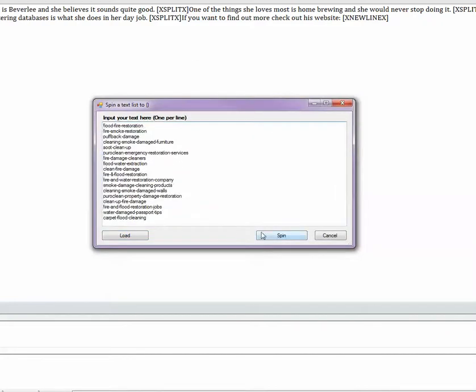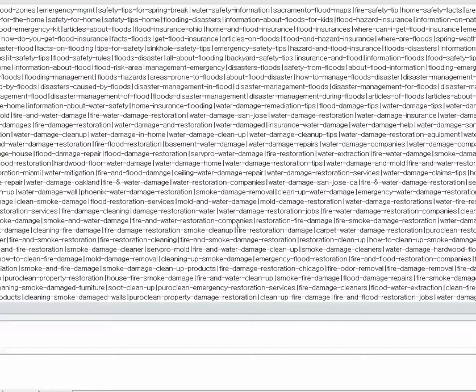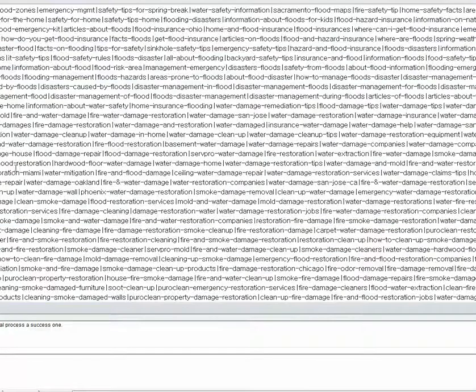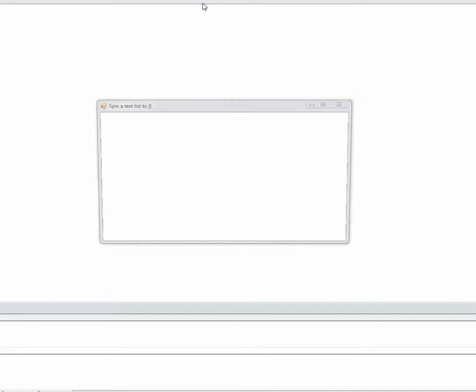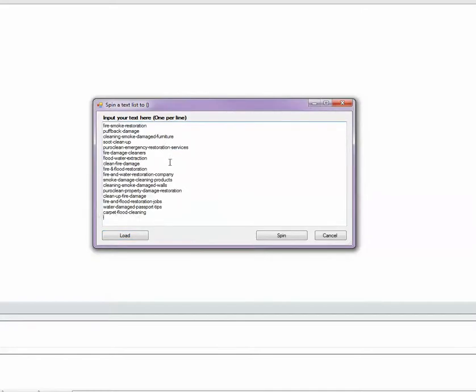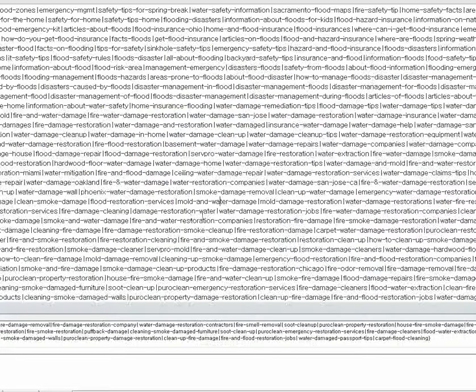Delete the extra space. Oh, I forgot to delete the other stuff though. So let me do that again. Selected all, deleted everything first. Click the icon for spin, list spin, and then here everything is. Now the way I want to set it up is that